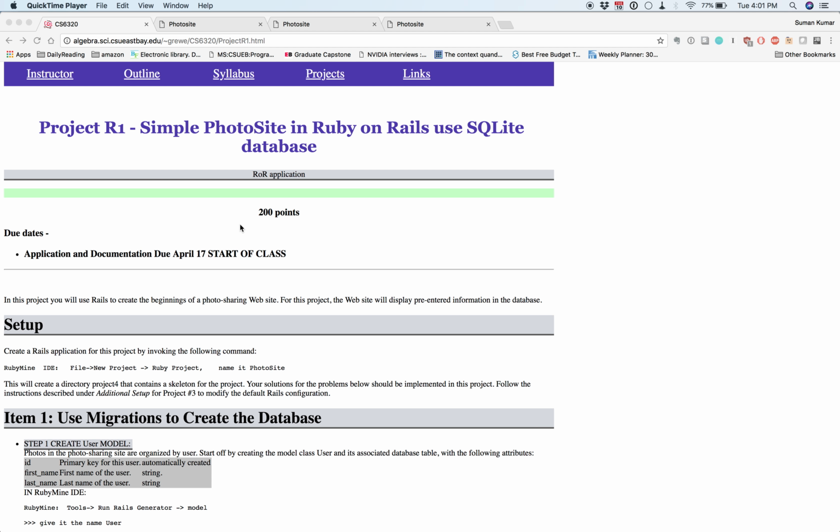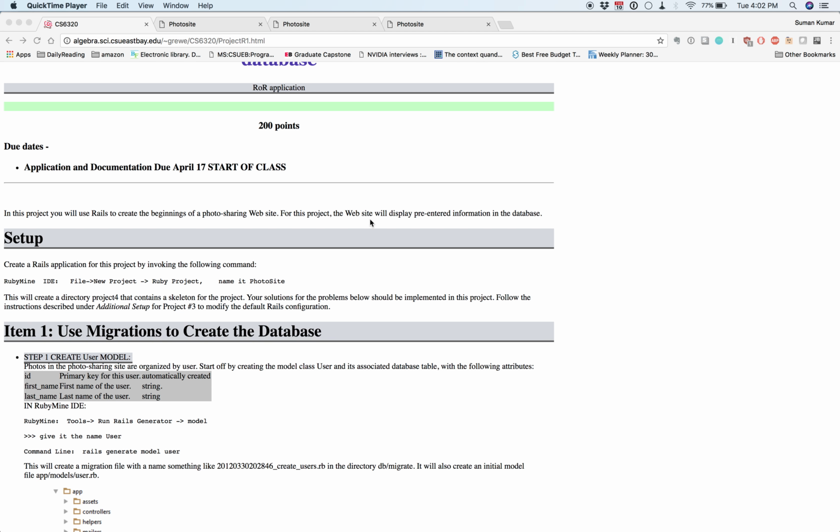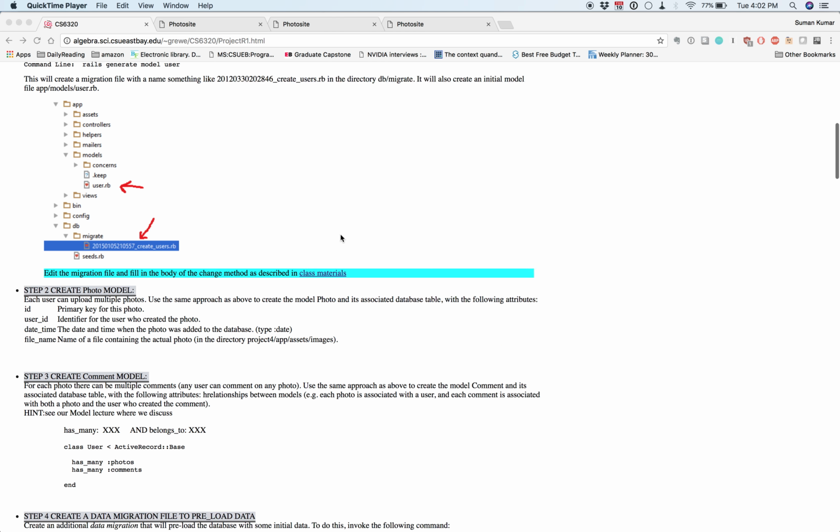Today, I would like to demonstrate the results of my Project R1 of CS6320, a simple photo site application developed using Ruby on Rails. If we go through the requirements of this project,